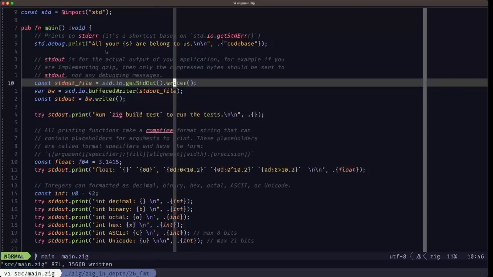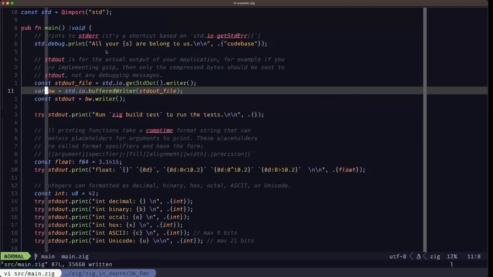We call a writer method to obtain the actual writer that we can use to write to. It's basically the writer interface in the standard library from std.io. And once we have that, we are going to create a buffered writer, which will provide buffering for our writes, okay? And this is a really important